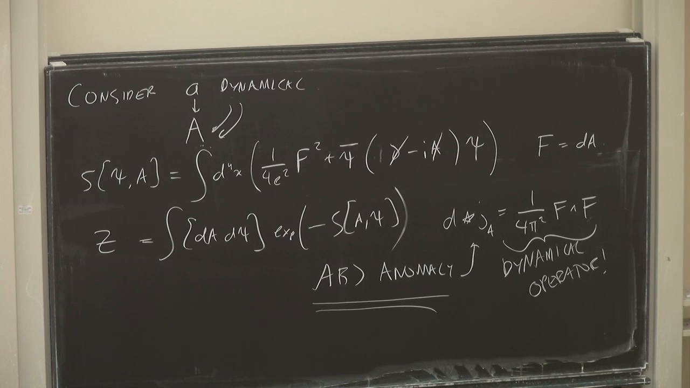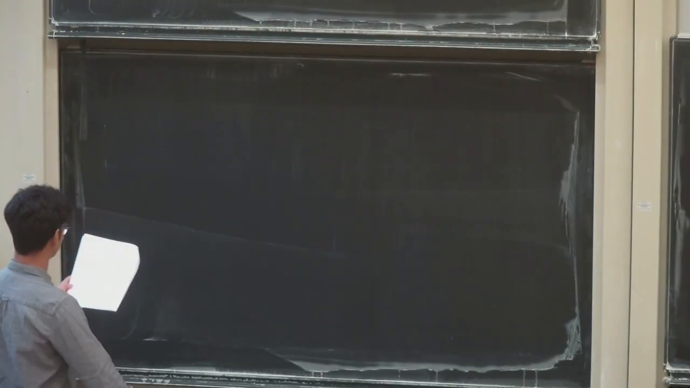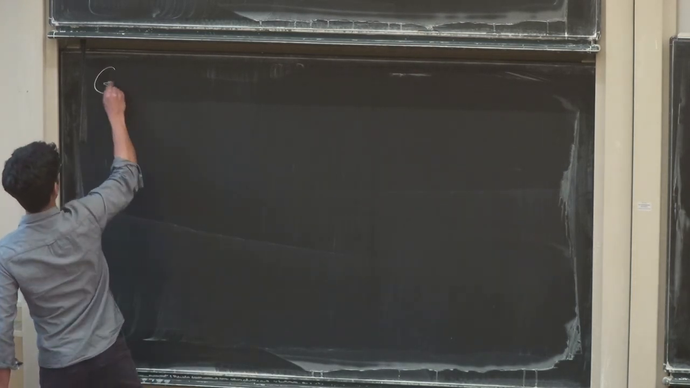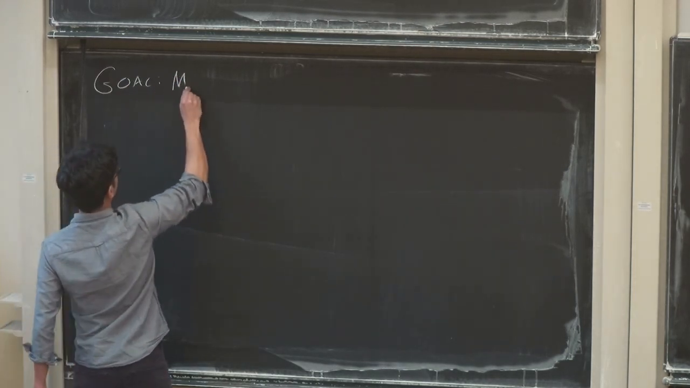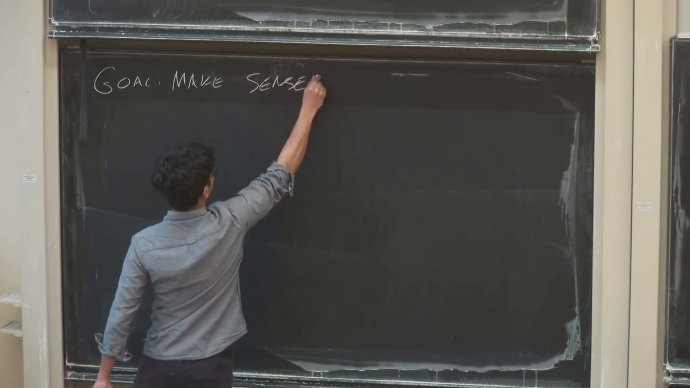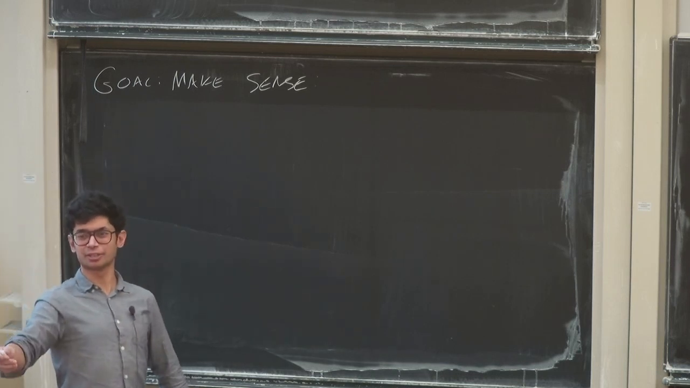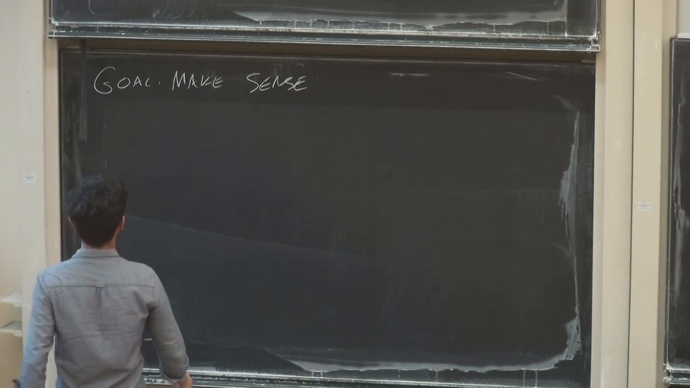So let us now try to make sense of the ABJ anomaly. All right. So the first obvious thing to try to do. Our goal now: make sense of this. And there's a first kind of obvious thing to do, which everyone tries, which is, let me define